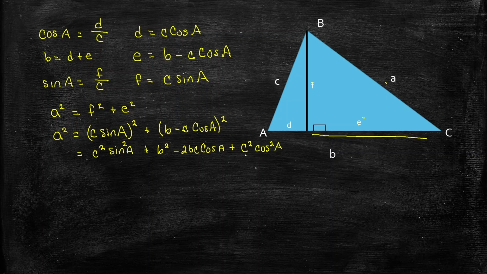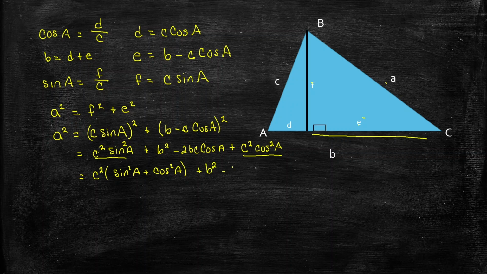I'm going to take the c squared cosine 2a and add it to the sine squared. And so that's going to give me, and if I factor out the c squared at the same time, I know I'm skipping a step in here, I hope that doesn't confuse. So I'm going to combine this, and I'm going to factor out the c squared. Okay, so I get c squared times sine squared a plus cosine squared a. And then all of that is plus b squared